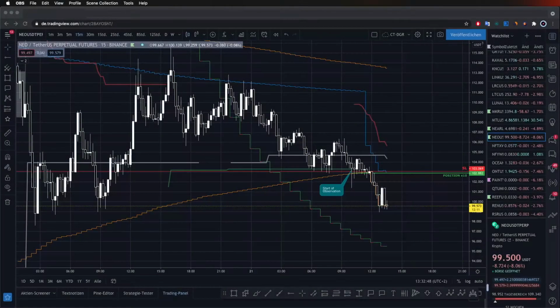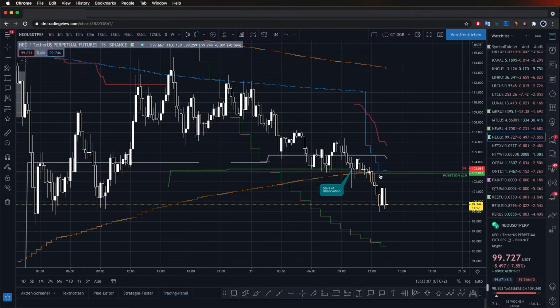Hi again. So it's 3.5 hours later, and I want to show you the progress of our 3 coins. The first one, which I entered the position around 10 o'clock, NEO, which was recorded actually. You remember the stop loss was somewhere here, and I was still on the computer for about half an hour more. The price went up, and when it was up here somewhere and was neglecting to come over the step line,